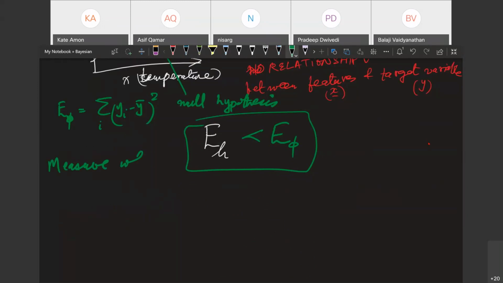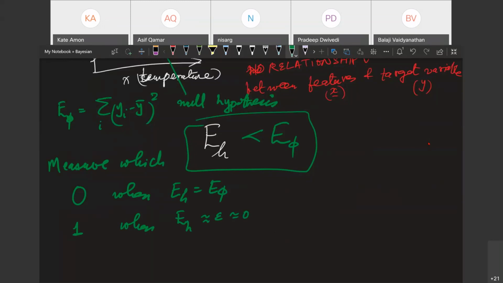which is equal to 0 when E hypothesis is equal to E null hypothesis. And let us say it goes up to 1 as a measure of goodness when E hypothesis, well, the error can at most be epsilon or 0.